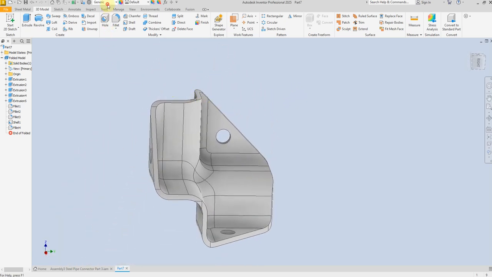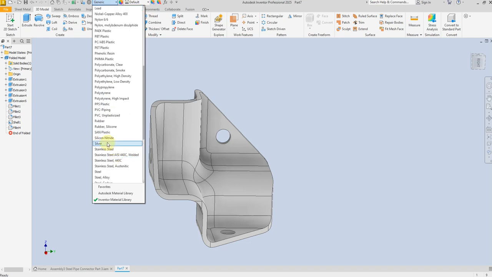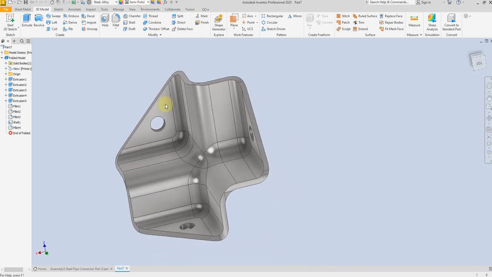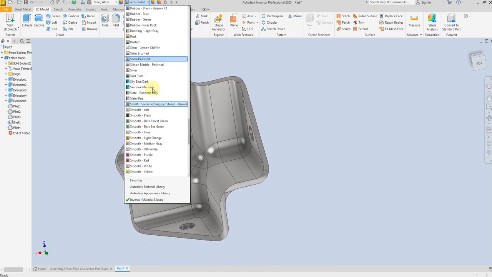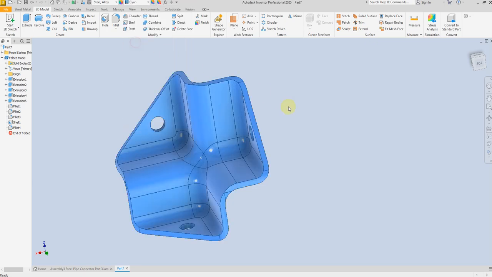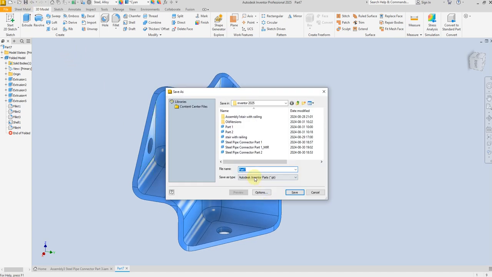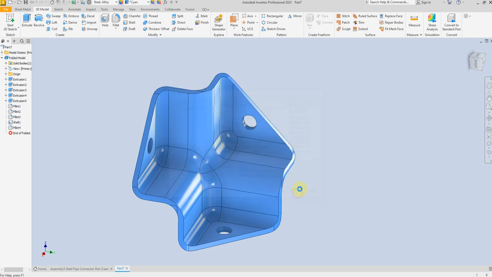Assign material, steel alloy, and for the color let me select this one. Perfect. Now save this part, let's give it the name part 1B. Okay,